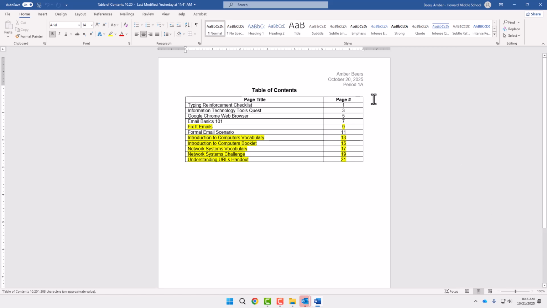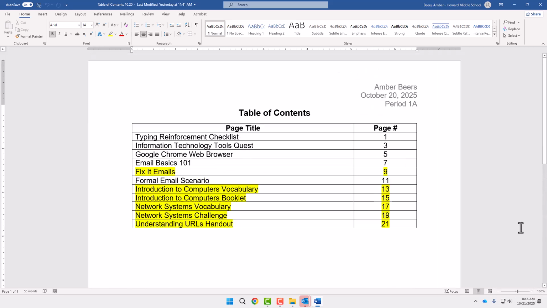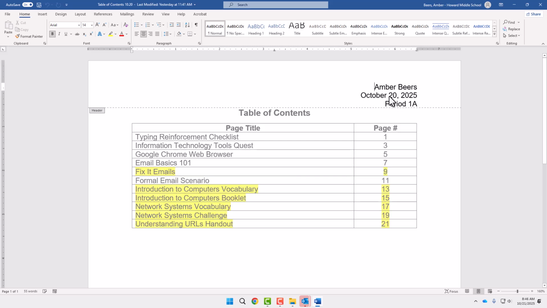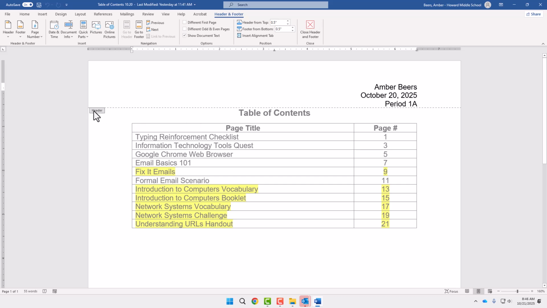All right, so we have our table of contents, and yours will look different because you are going to add this stuff today. Let me maximize my screen for you. So the first step is changing the date up in the top right because yours will say September. So to do that, you're going to double click to open what we call the header. You're going to select the current date and then go to date and time over on the left hand side,